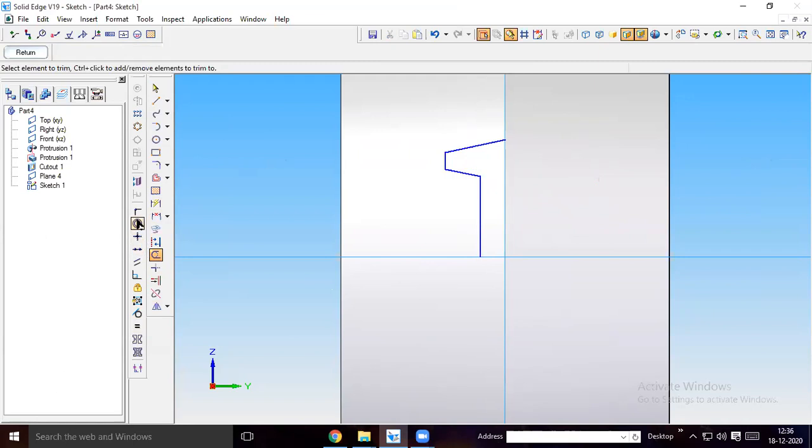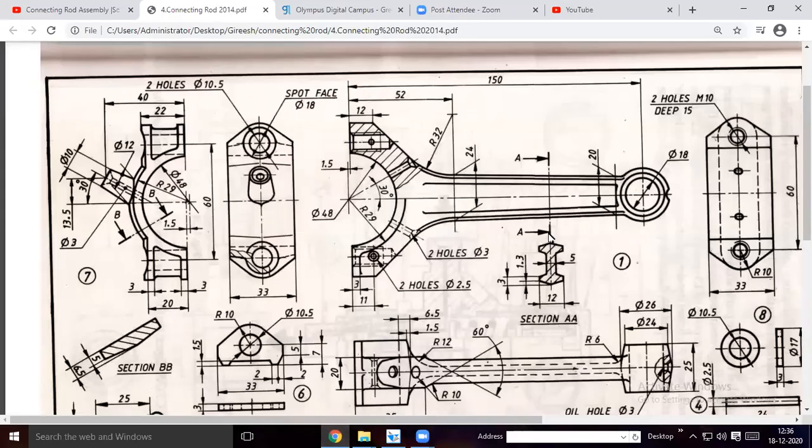Okay, try to connect. Do you understand how I created this, or can I tell you again? One second. Okay. So what I did, first from the center I took 12 mm, out of 24, to the right side. Then the width will be 5 mm. I took 2.5 mm. Then I took this 9 mm line.